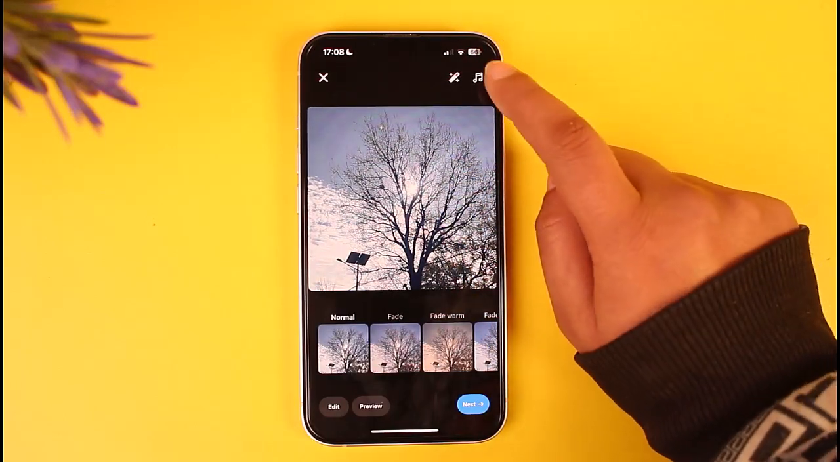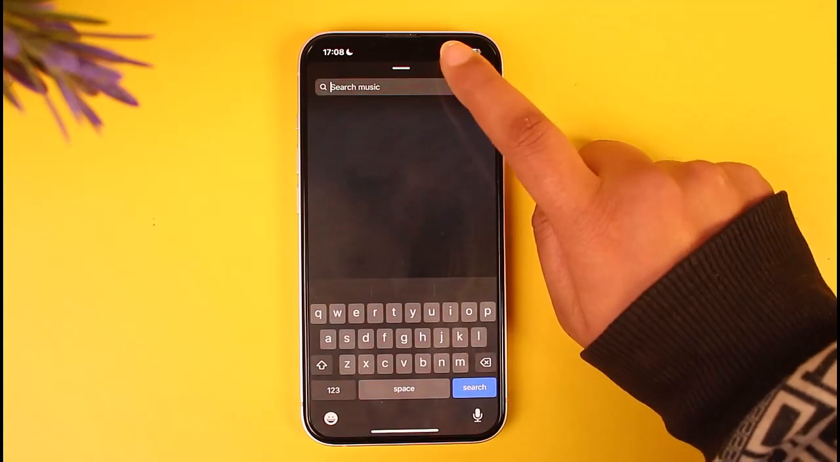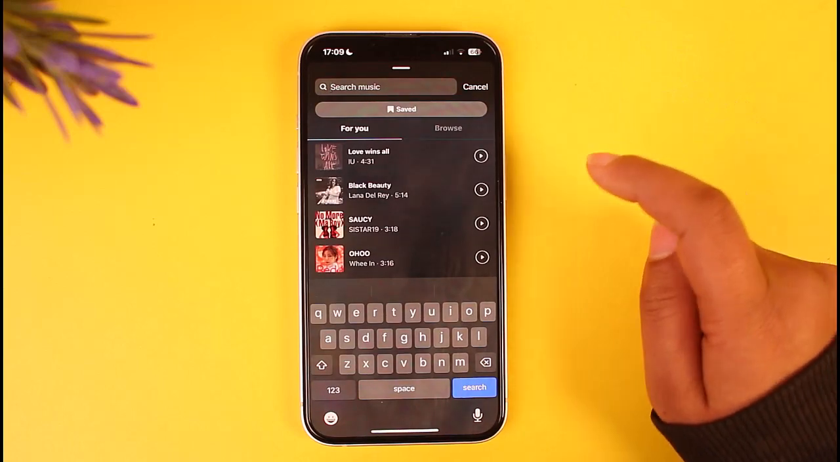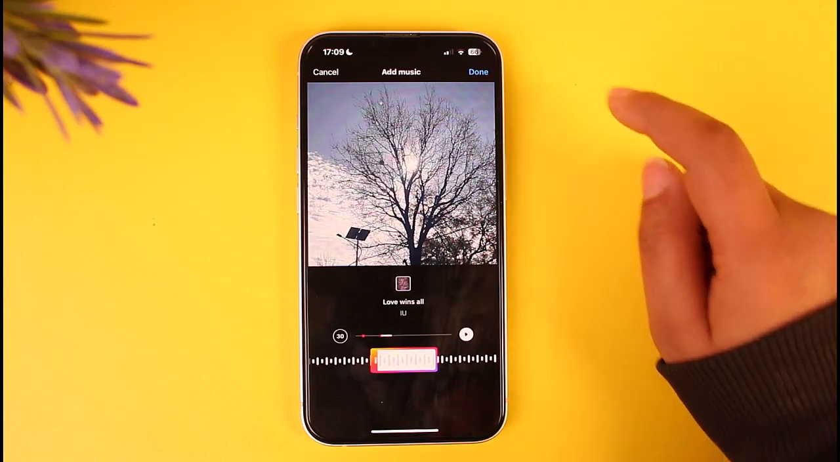in this section you will find this little music icon on top right. Go ahead, tap on it. You can search for a music according to you, or you can simply go ahead and choose one. The song is also nice. And once you have chosen a part that you would like to add, simply tap on this done,